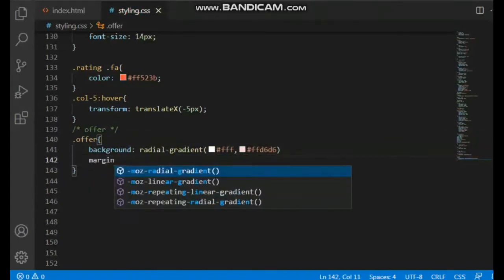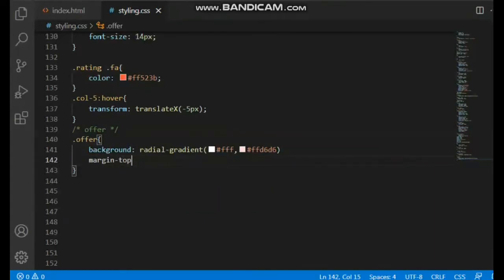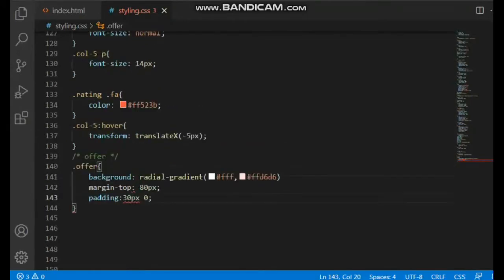Now here we will add margin from top, which is 80 pixel, and padding, which is 30 pixel and 0.